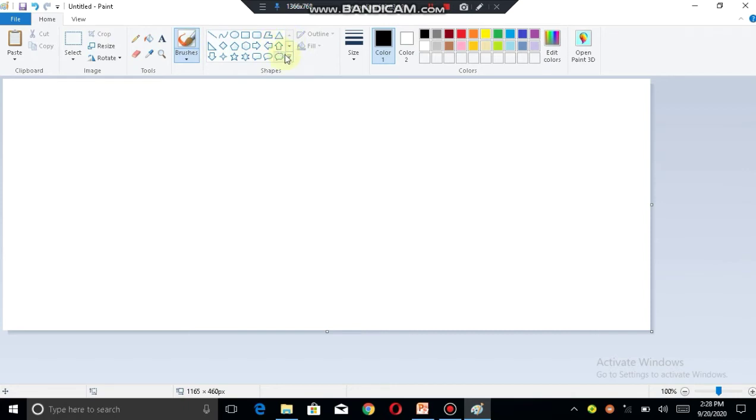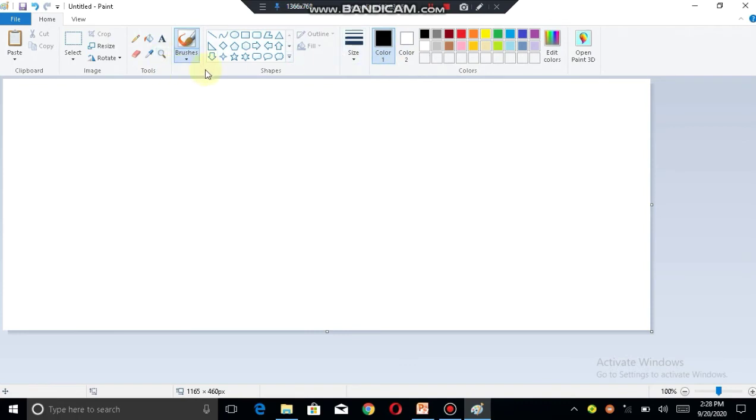We do select different kind of shapes from here, and these are the toolbar. These are the different groups on Paint's window: clipboard, image group, tools group, and shapes group. And these are different colors formation group. So these are the groups of paint.